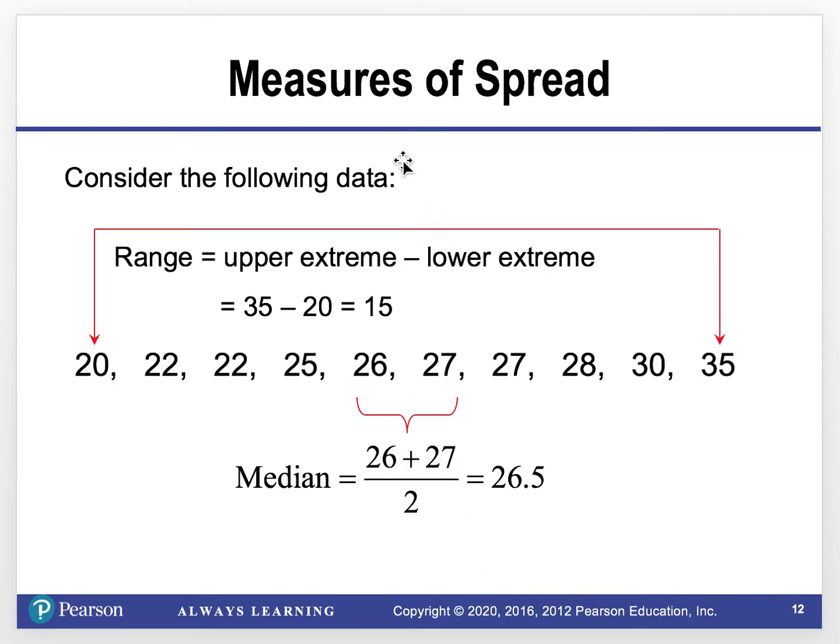Now we're going to move and start talking about measures of spread. And they just kind of jump right in here with a slide without explaining what we're about to talk about. But we're about to talk about something called the interquartile range. We'll see that written in just a minute, or IQR for short. So I think there's 2 or 3 slides here that need a little explanation. So one measure of spread that we have,